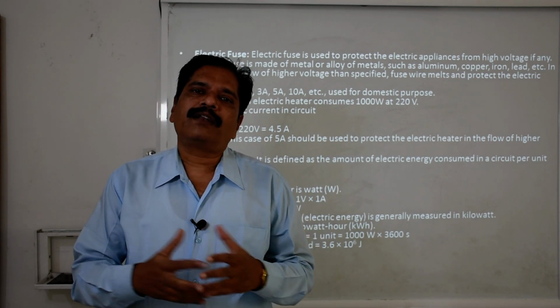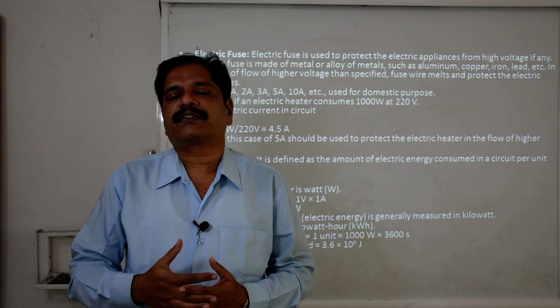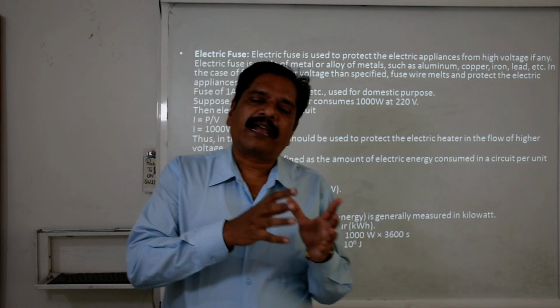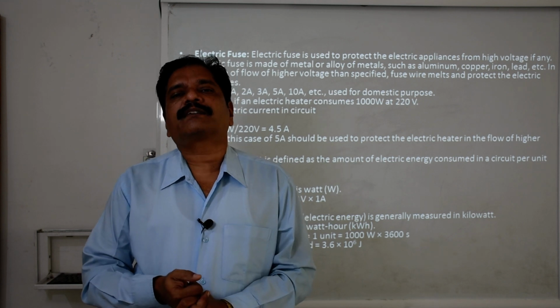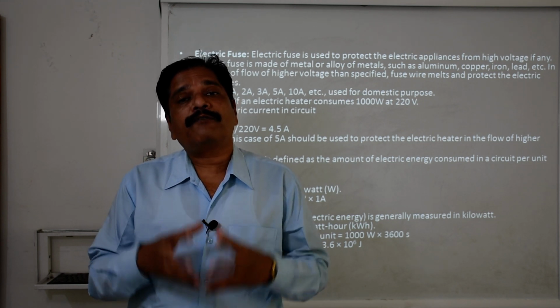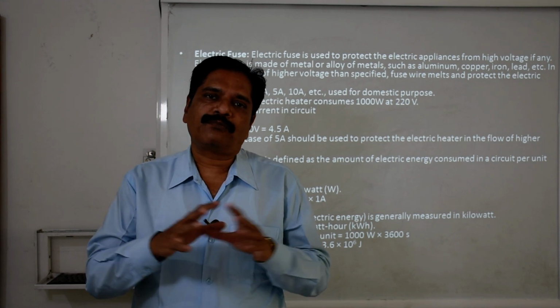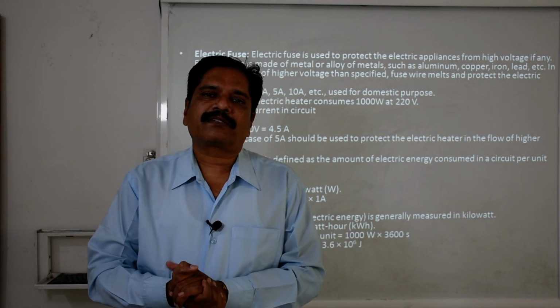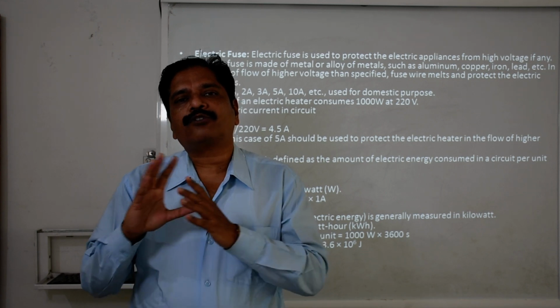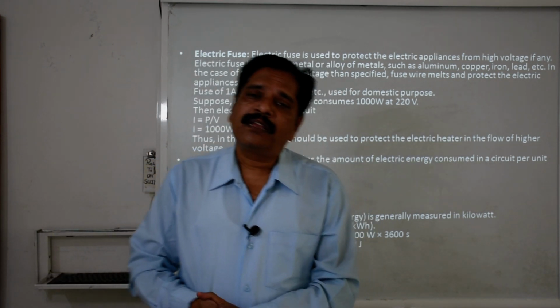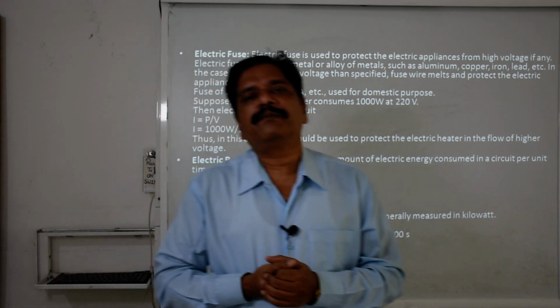When there is any short circuit or overloading, the excessive current flows through the electric fuse. Because of its property, it easily melts, and its melting breaks the electric circuit. This way it stops the further passing of the electric current, and the whole system is protected.